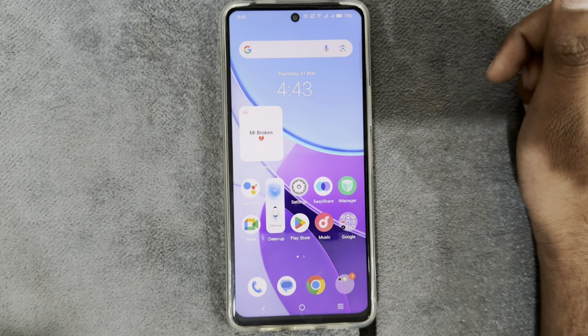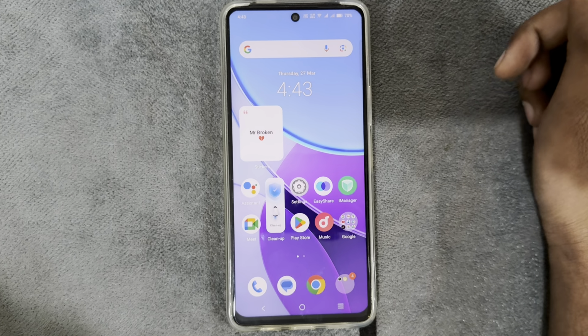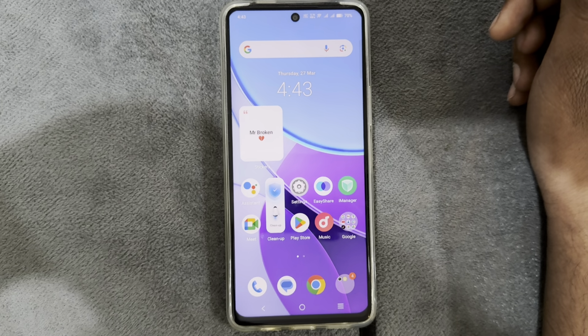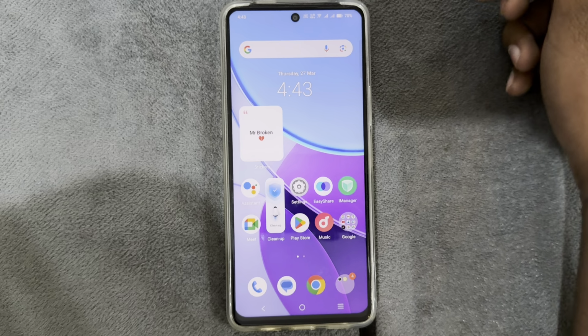So today I'm going to tell you how to disconnect from Wi-Fi on Android. If your phone has been connected to Wi-Fi and now you want to disconnect it, you just need to